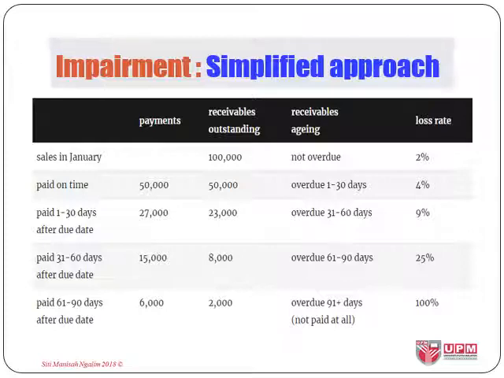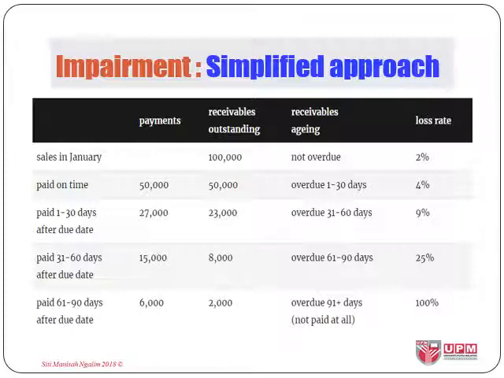For an example of a provision matrix, let us look at this illustration. This is the historical data of a firm for the month of January for its sales. For this segment, it is assumed that sales are usually made on credit, therefore it has a significant balance of trade receivables outstanding at each reporting date. As there is no significant financing component, it recognizes lifetime ECL for all its trade receivables. In real life, the loss rate should be based on data from several months, but it cannot be too old, as it may yield outdated results.